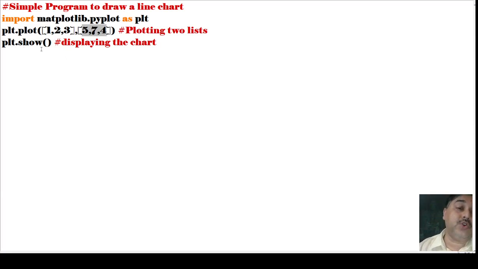Now plt.show: at this moment we are going to design the particular structure, and we want to see how it works. That means we are calling the matplotlib function, dot pyplot.